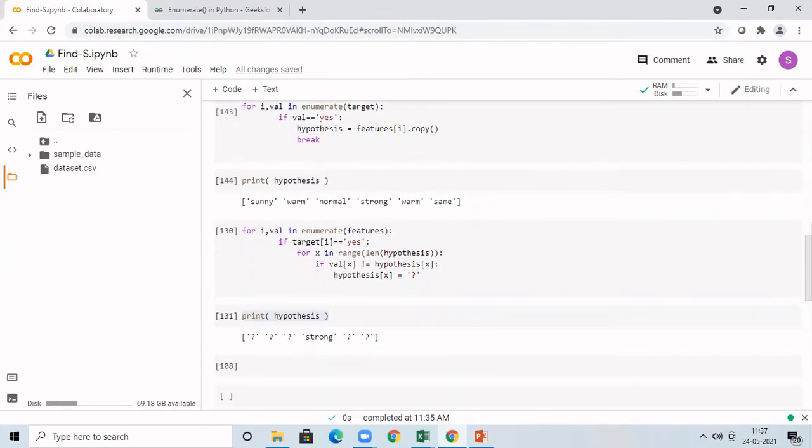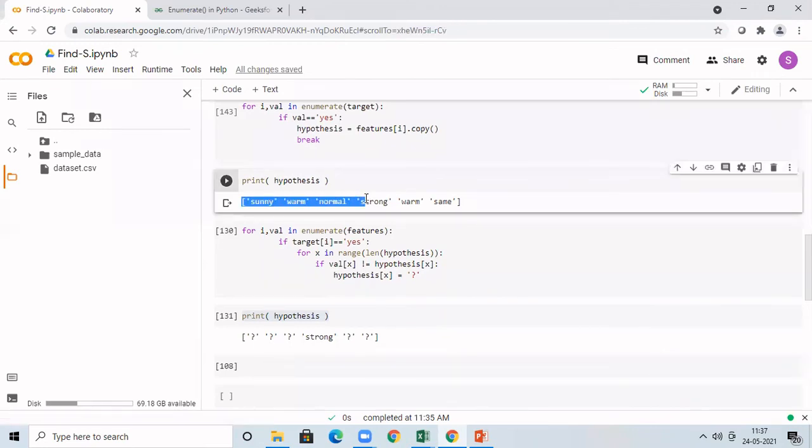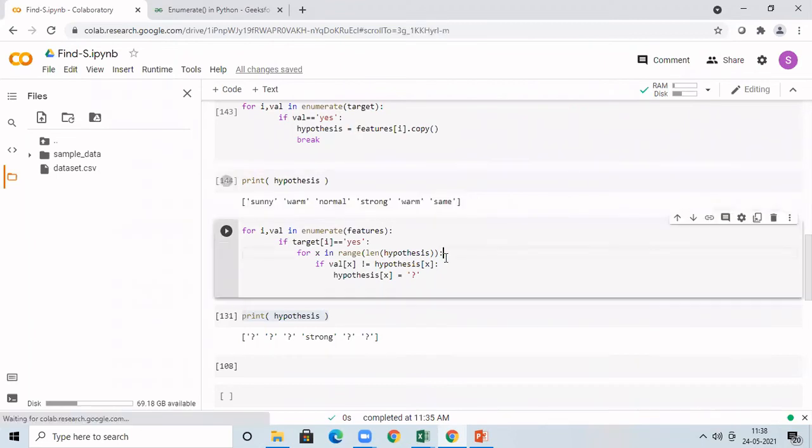Now let us see how to do that. Hope you remember the algorithm. Keeping that in mind, I am proceeding. This is a specific hypothesis we have developed only after considering the first record, which has S in the target class. Now we are going to consider the generalization of this hypothesis. For that, I have to consider all the features in my data set, and my aim is to consider only the positive examples.